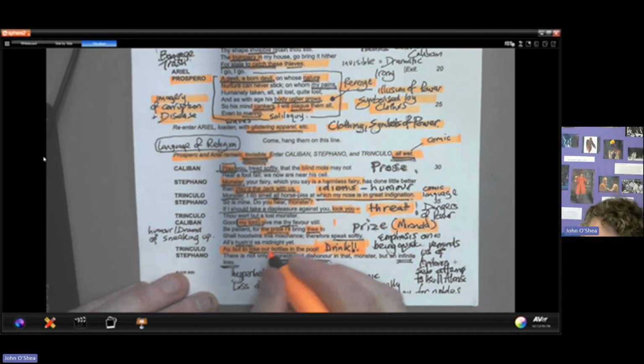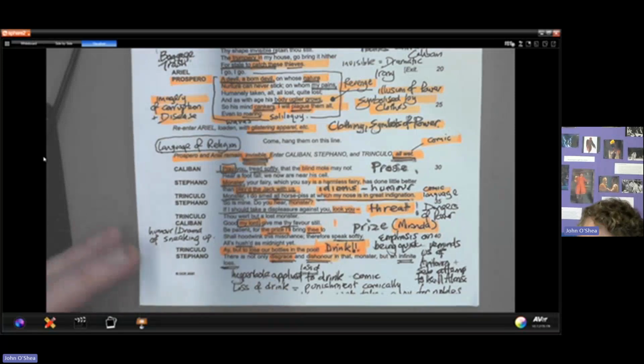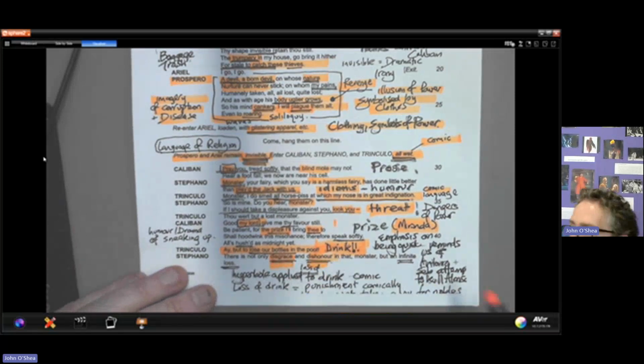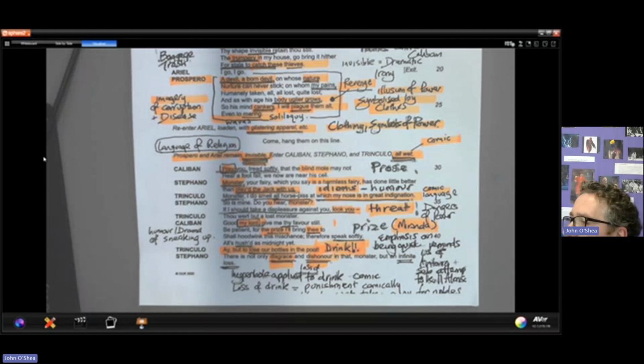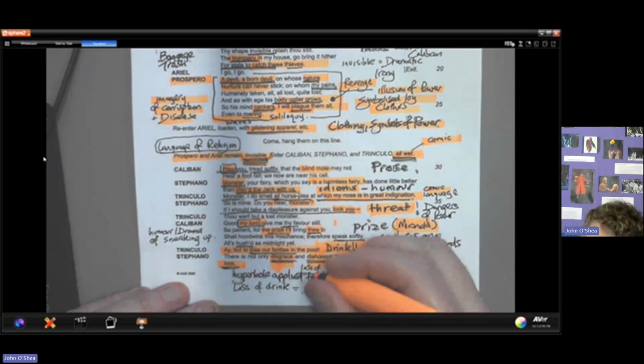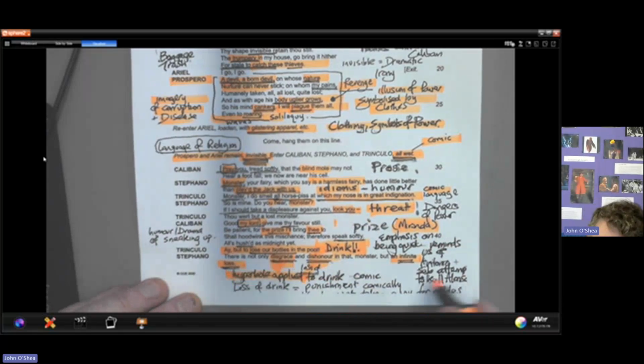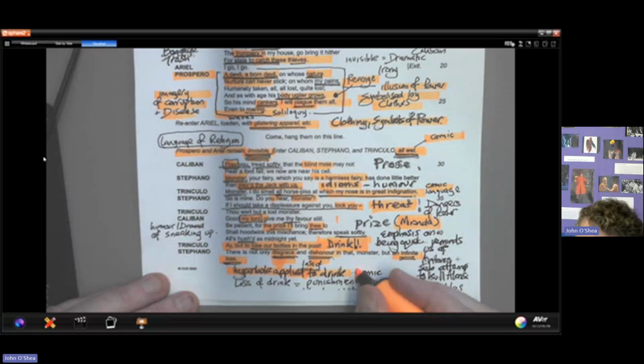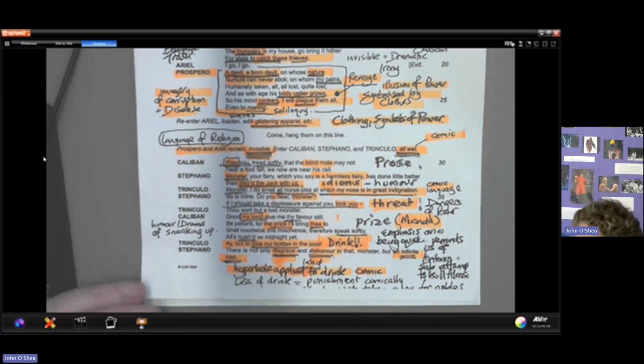Stefano says there's only disgrace and dishonor in losing our drink. That's quite funny because disgrace and dishonor seems big words for quite trivial actions of just losing their drink. And maybe we're supposed to think about the true disgrace and dishonor is in what people do for power. An infinite loss, hyperbole, to talk about their drink as an infinite loss or a disgrace, a dishonor. Abstract nouns, hyperbole applied to drink is quite comic, particularly to a Shakespearean audience who might be at this moment